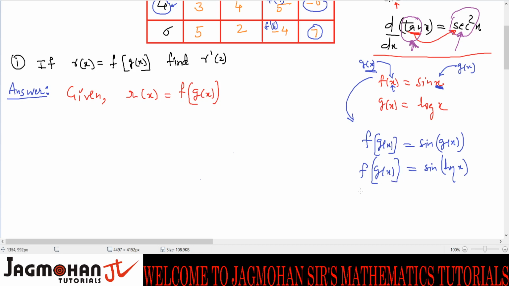f of g of x represents a kind of composite function of x. Like f of x is sine of x, it's a direct function of x. But f of g of x is sine of log of x. There are two functions now, f and g. So the same way, here it's given f of g of x is represented by r of x. Such a function I can name some other function of x. So here they are naming it as r of x. Now as I take here sine x, log x, it could be some other function, not necessarily always sine and log. This is just for an example, I showed it to you.